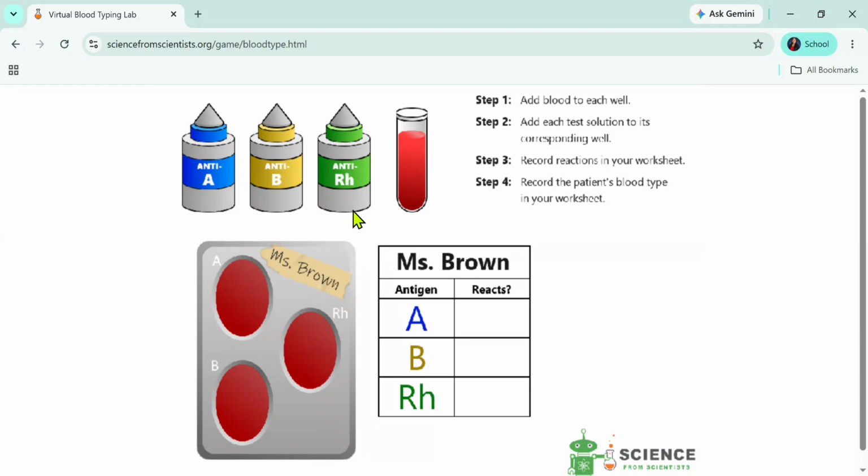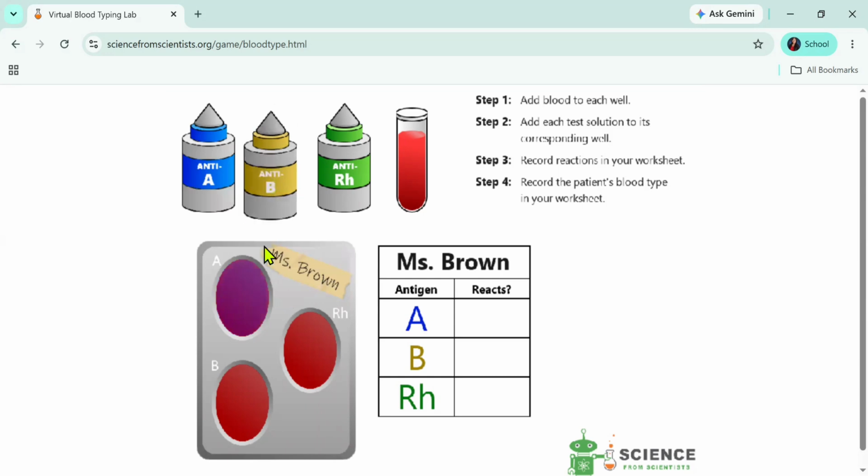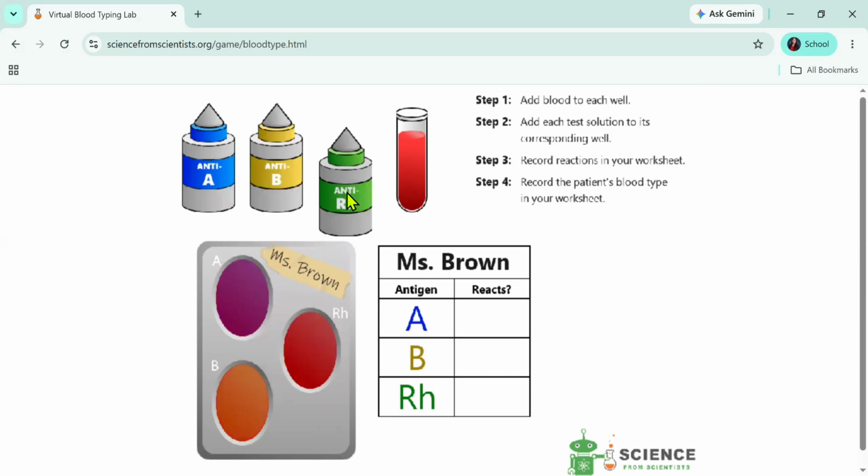For the anti-RH serum, the purpose beyond ABO is to also test the RH factor, which is the presence of the D antigen. If you have the D antigen, you are RH positive. If it won't clot or agglutinate, then you are RH negative. Okay? Right, let us put the serums in each designated well, here for B, and here for the RH factor. You have to wait for agglutination, maybe 1 minute.